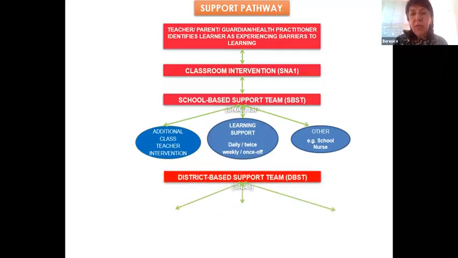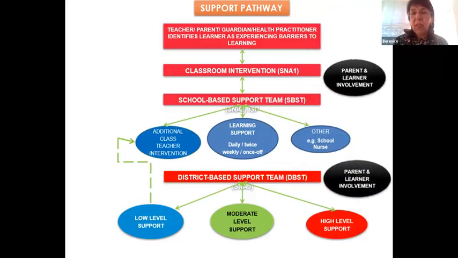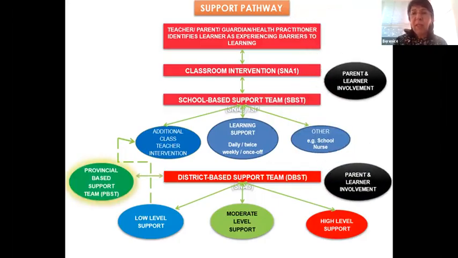But if that is not enough, it could be referred to the district-based support team. They will have the SNA documents, and that will enable them to see what has already been done, whether they need to do additional assessments, and then to determine what kind and level of support. And at all times, we've got to remember to involve the parent and the learner.